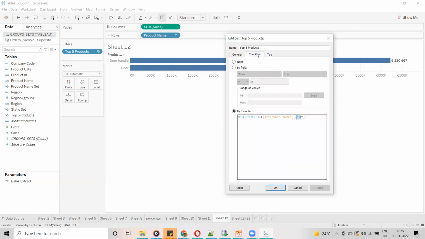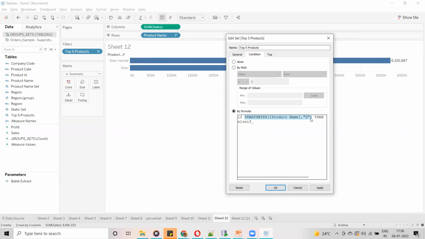And guys, always the calculation should be Boolean, true or false. Always it should be true or false. Now let me give one example. Here I am going to write one calculation. If starts with, then I am going to mention D, I am not going to write anything else. After that, else if, again I am going to mention this one.